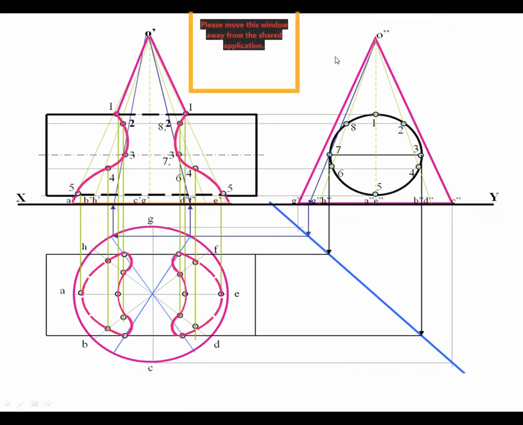So now, the slide which is in front of you, in this slide we have drawn the curves of intersection. So just join all this curve, make sure that the visible portion should be dark and invisible portion should be dotted, and projection lines are faint. So this is the solution for cone standing on ground floor and cylinder intersecting.